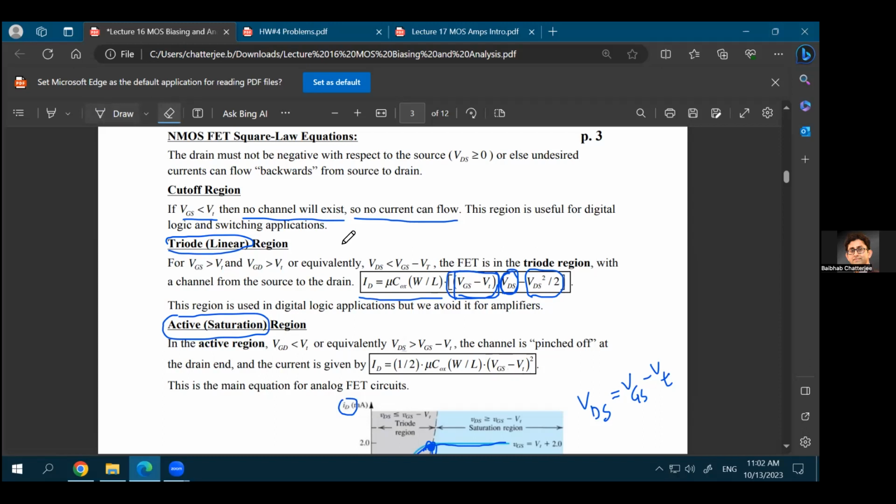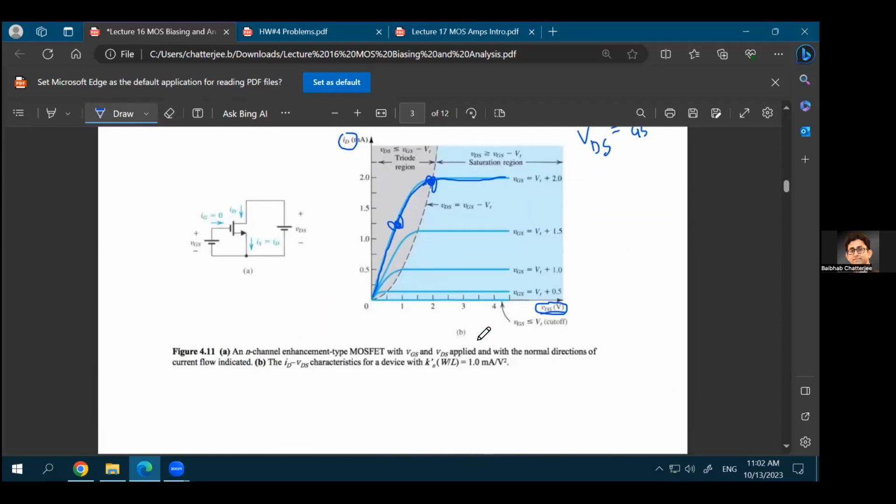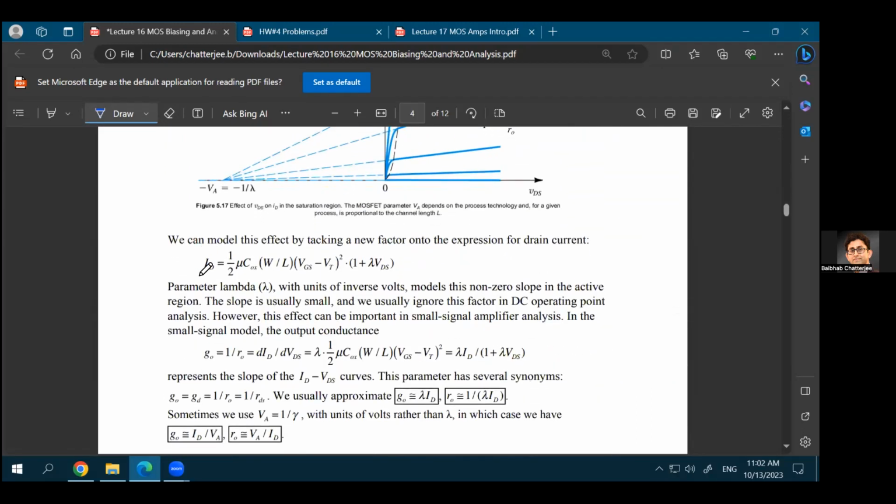in the exact form of the saturation equation, this will not be W over L. Rather, it will be W over L prime, where L prime is the effective length of the channel as you have pinched it off. As you're pinching off the channel, your effective length keeps on reducing. How much that reduction will be is a function of VDS. That's why, even though there is apparently no VDS in this equation, this L prime will be a function of VDS,